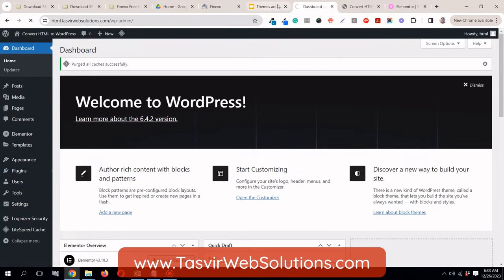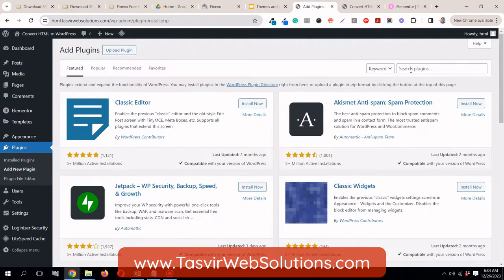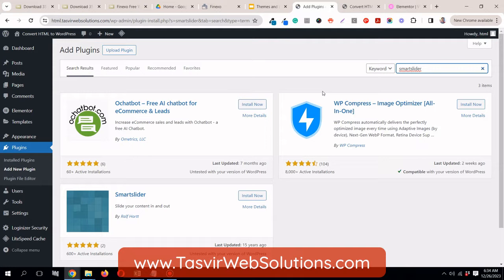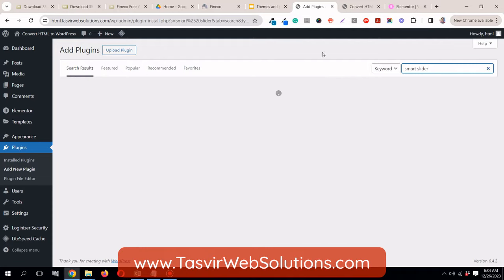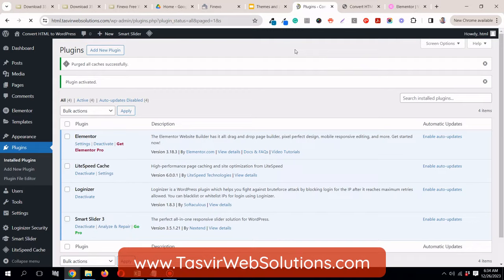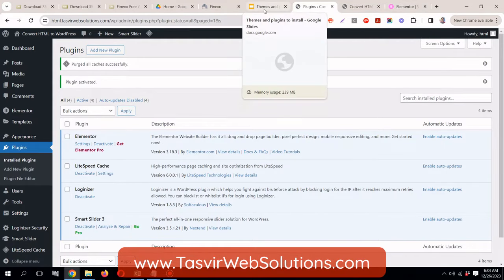Then I will install another free plugin, which is Smart Slider. So I'll just type in Smart Slider. Sorry, there is a gap. Smart Slider. So this is the one, more than 900,000, almost a million active installs, compatible with your version of WordPress. So I'll just hit install over here, activate, and then I'm going to install the